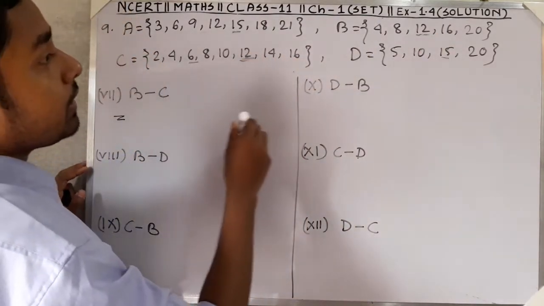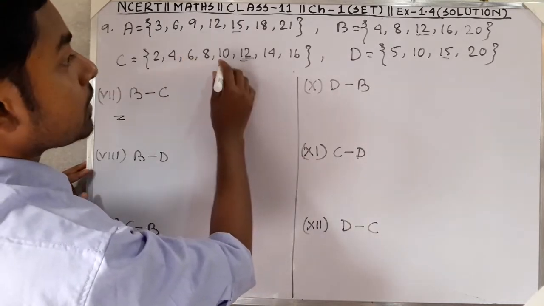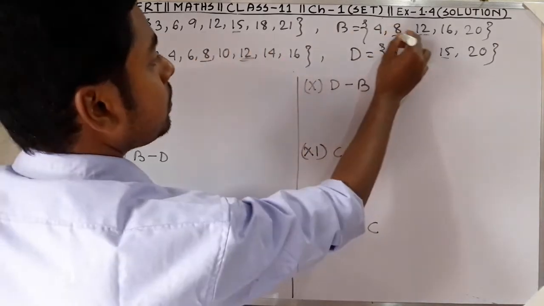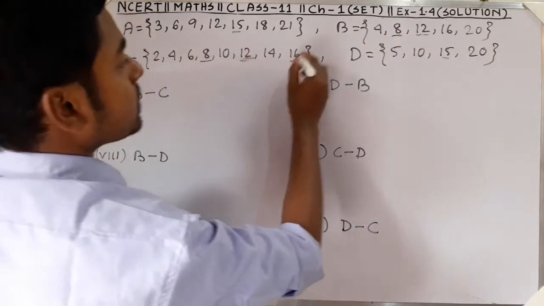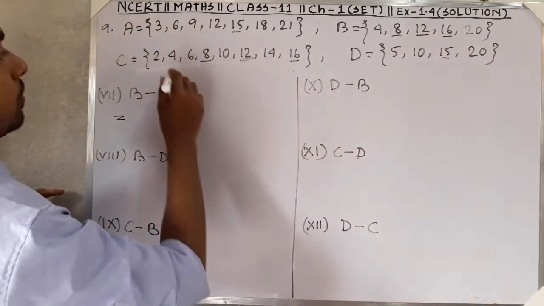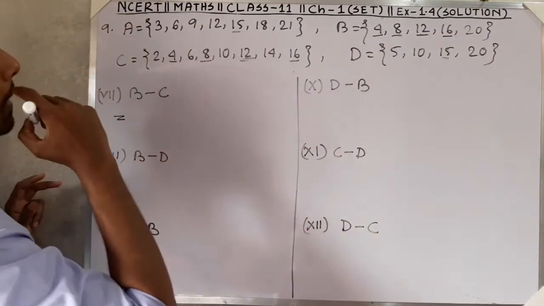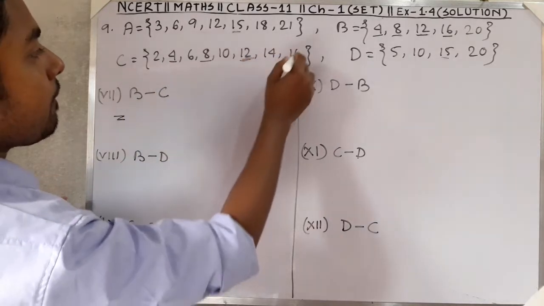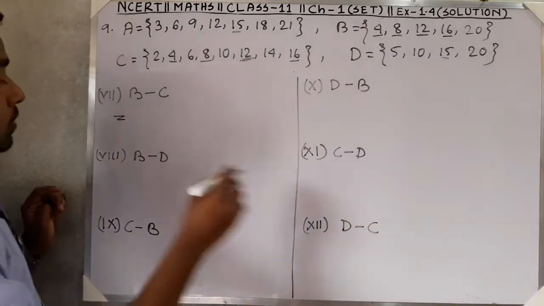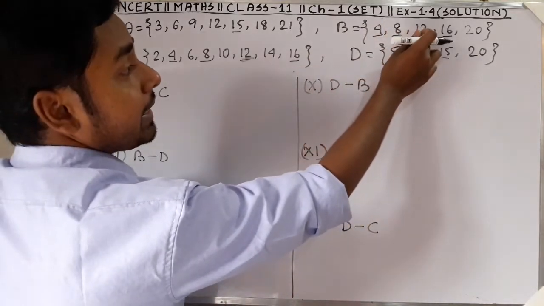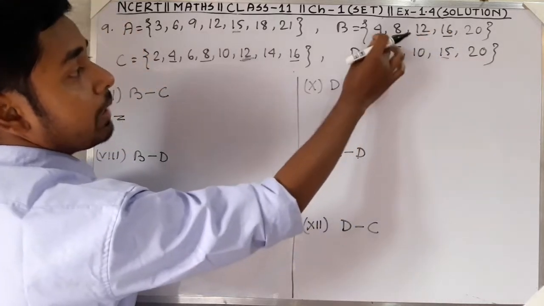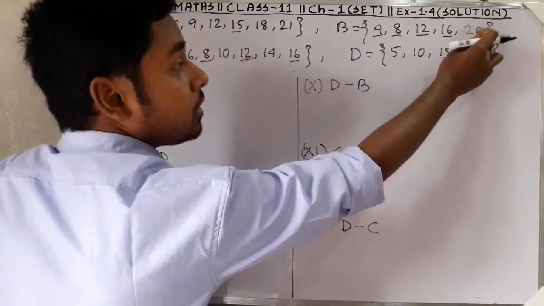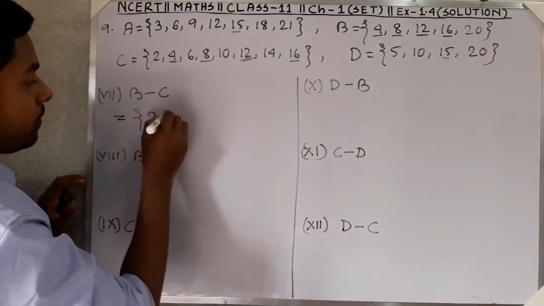12. Yeah. Then 10, 4, 8, 16, 24, 8, 16, 20, yeah, 8 also, okay, 16 also, 4 also, okay, 4, 8, 12, 16 and 20 not there. So we have to take all the elements of B except only the common elements. So we have got here 4 common elements, only one element we are having left. So only one element will be here.